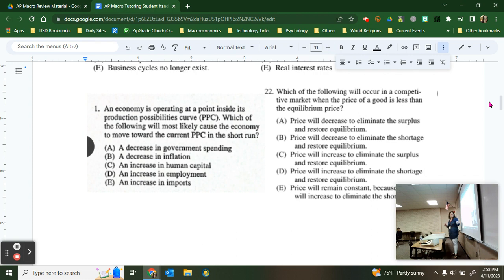D is the correct answer here because now you're fully employed. You go from unemployment to full employment. You're now using all your resources on D. So using all resources on D, that's good. That's why it's the right answer. And on E, once again, just like A, that's a change of aggregate demand, not a change of the PPF curve. So both A and E, even though there's an increase or decrease, that's spending, not production.